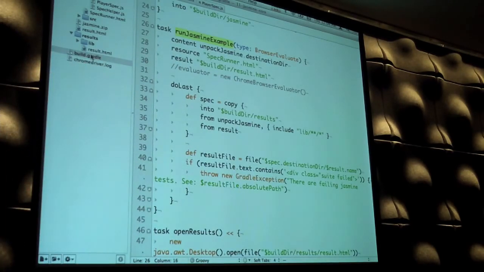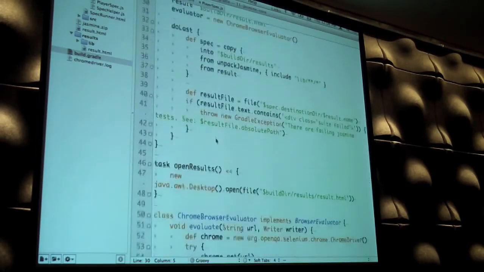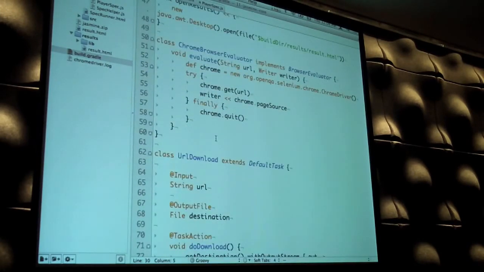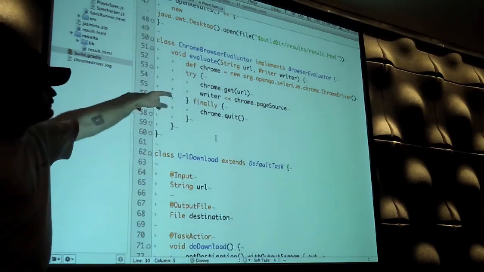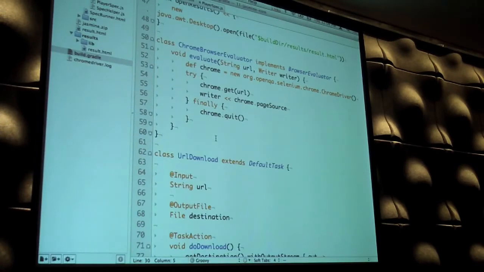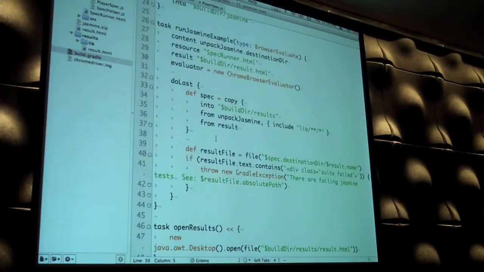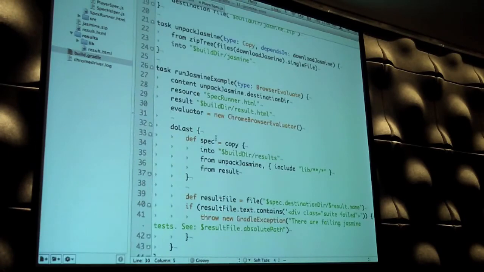But this evaluator mechanism, let's say that instead of using MJS, which is the default every time I create one of these browser evaluate tasks, I want to use Chrome to run my tests. What I've done here is just create an implementation of a browser evaluator using Selenium to automate Chrome to open this URL. So instead of using MJS in a faked out browser, I'm going to use a real one. And all I have to do there is create an implementation, use Selenium, which gives me a nice API for this, specify that the evaluator is Chrome,